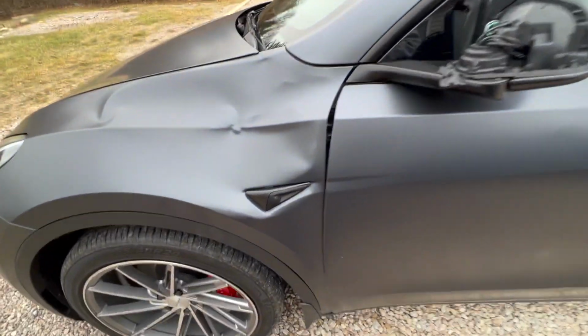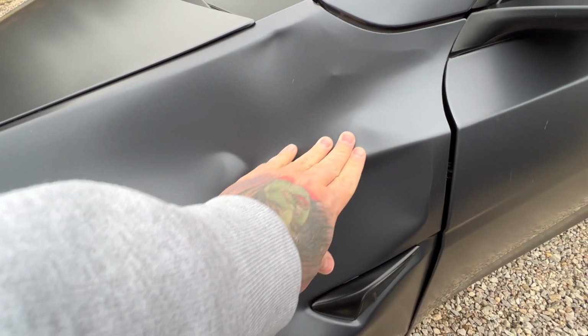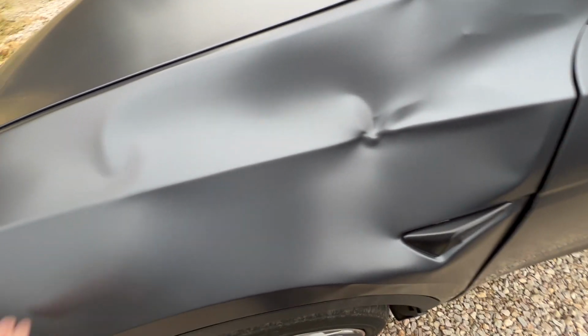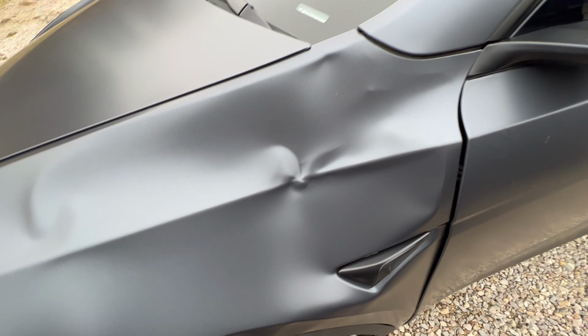The wrap looks marvelous though, huh? Look at that. It's not even a scratch from it. Not even a scratch. Big dent, no scratch. But